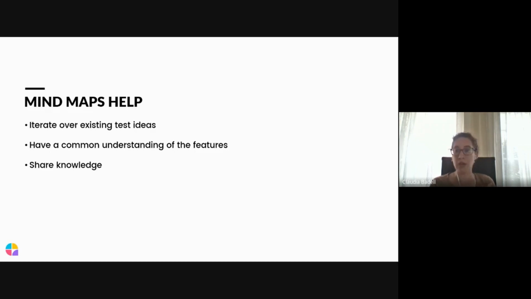Also, we can share knowledge using mind maps, not only from that perspective. For example, we have used them a lot when a new team member joins the team, or a team member has to test a feature they were not involved in during the development. So this person who is joining the team will have a baseline for what to cover and consider from the testing perspective, and also to understand the behavior of the functionality with a coverage that not only is focused on the feature, but also on how it impacts other features in the system.